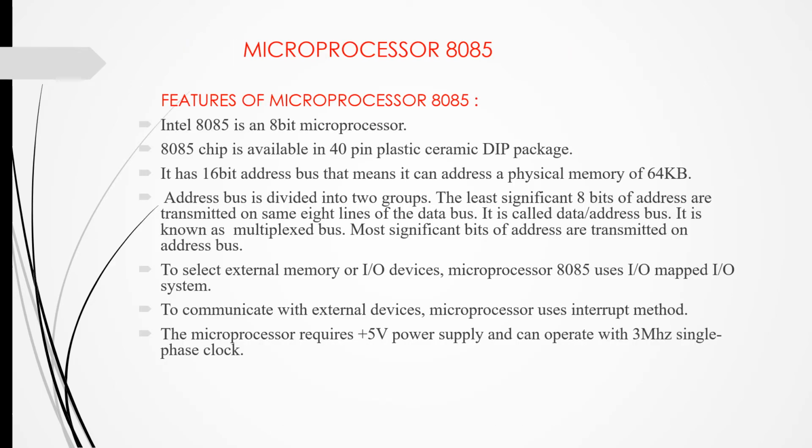Now we will see microprocessor 8085. 8085 is 8-bit microprocessor suitable for a wide range of applications, and it is ideal microprocessor to study because its basic architecture is used in more advanced microprocessors. The Intel's microprocessor 8085 chip has been selected to understand hardware of common microprocessor and to illustrate the assembly language program.